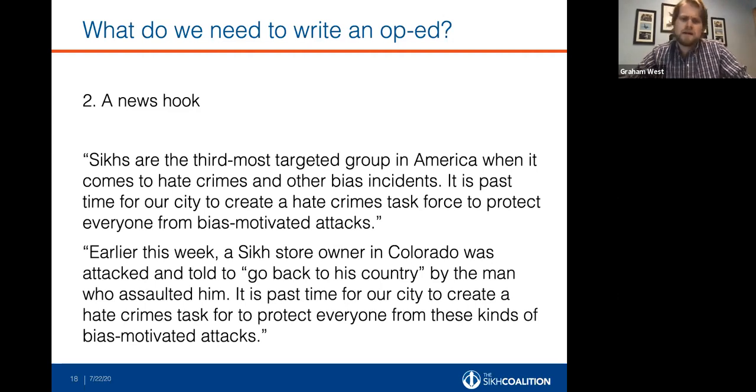And I'm just going to read both of them out loud to you, and then we'll look and see which one we think might be the more effective news hook. First one says, Sikhs are the third most targeted group in America when it comes to hate crimes and other bias incidents. It is past time for our city to create a hate crimes task force to protect everyone from bias motivated attacks. Okay. Second one says, earlier this week, a Sikh store owner in Colorado was attacked and told